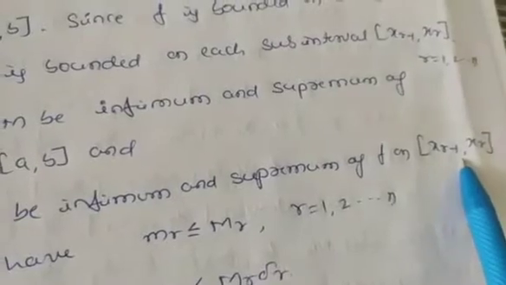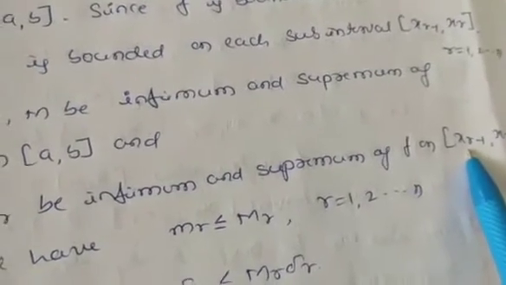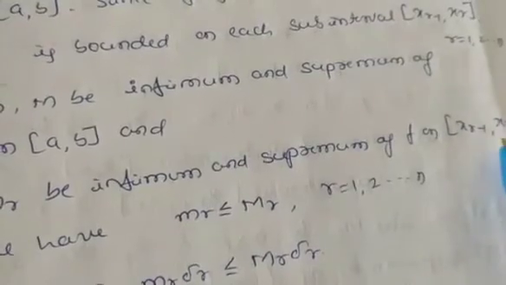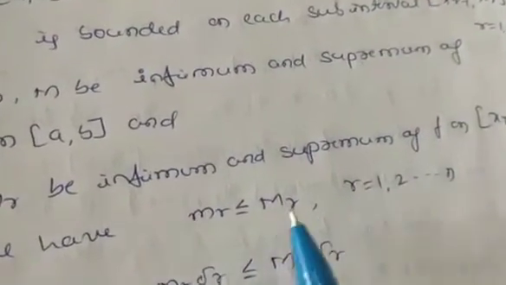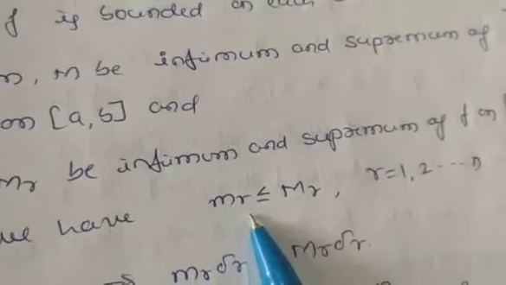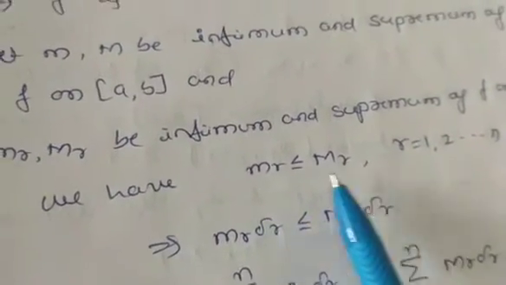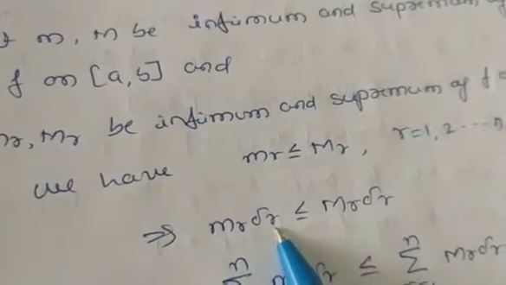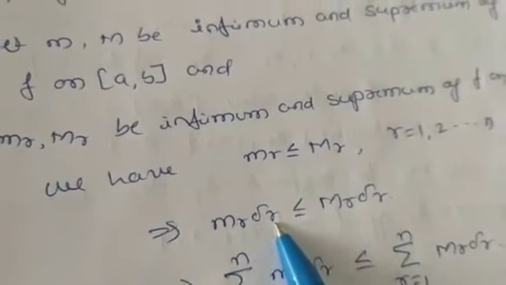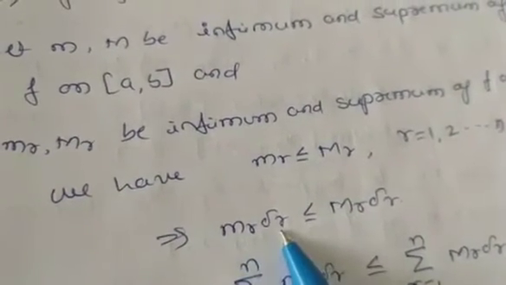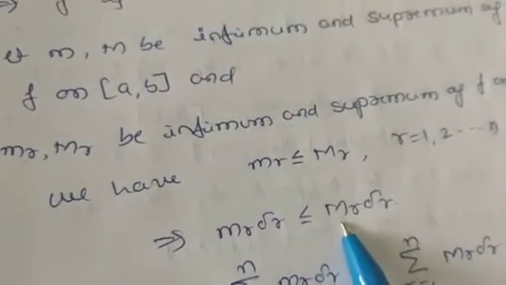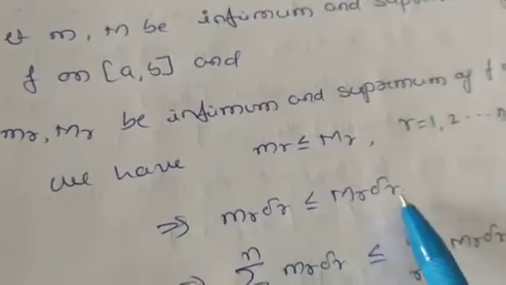Small m_r is the infimum, the smallest value, and capital M_r is the supremum, which is greater than this infimum. So m_r is always less than or equal to M_r. Let us multiply both sides by delta r. Delta r is the length of the interval I_r. So m_r delta r is less than or equal to M_r delta r,